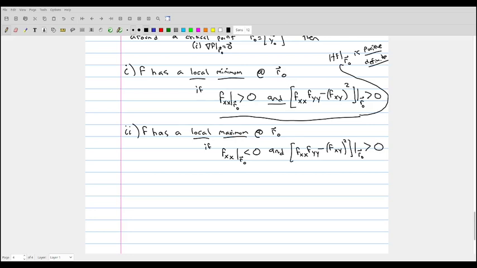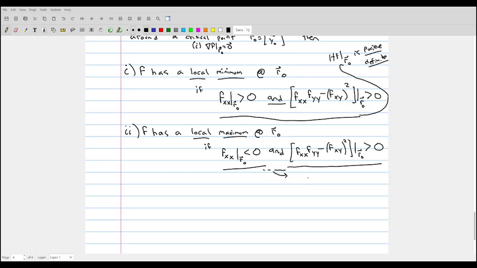This is less than 0 and this is greater than 0. If these two things are true, so the second derivative with respect to x is negative and this expression right here is positive, then that means exactly that